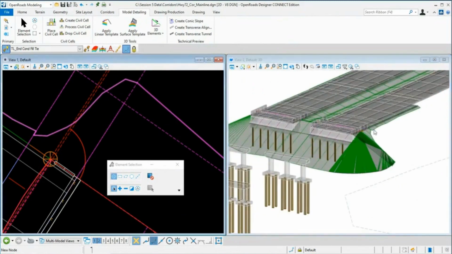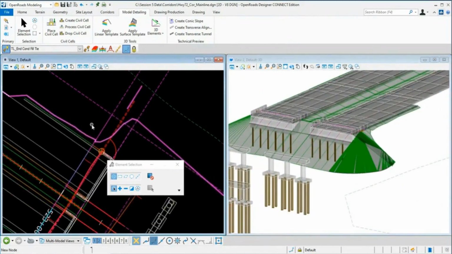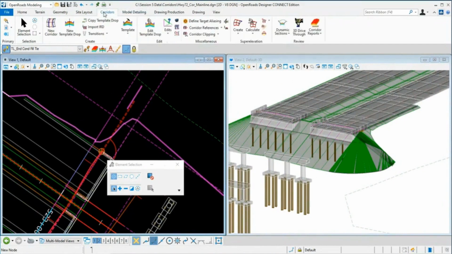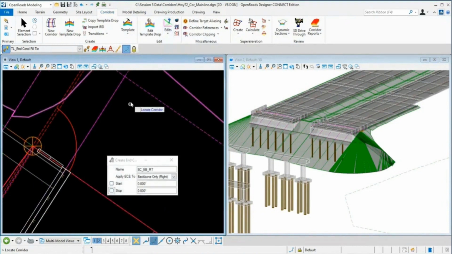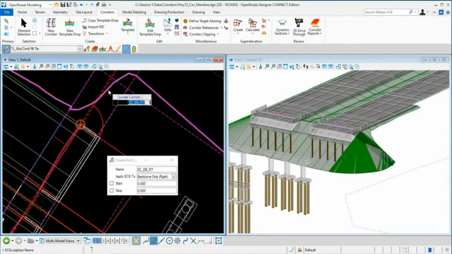And then to clean up the slopes here again, we'll just utilize an end condition exception to clean up the slopes, and then we'll be complete. Okay, so I'm going to go over here, create end condition exception, and we're going to be working on the left side now. So let me locate my mainline corridor, give this a name, westbound, left,